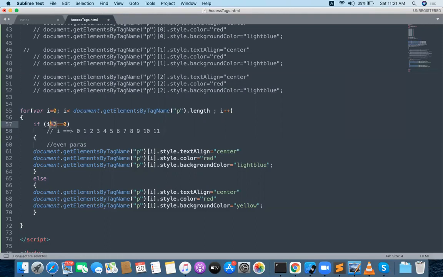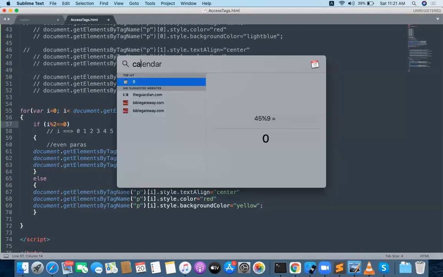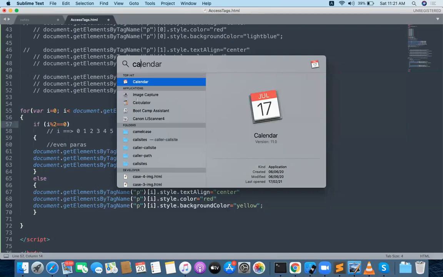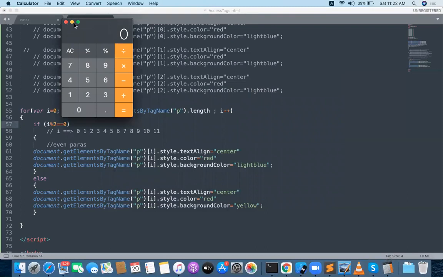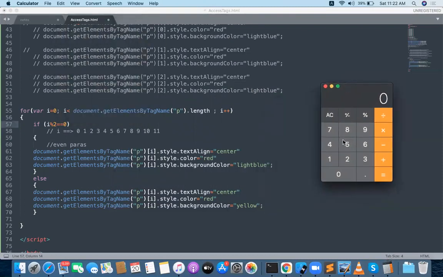First of all, 0 % 2 is equal to 0. What is 0 % 2? Now let me go to the calculator.